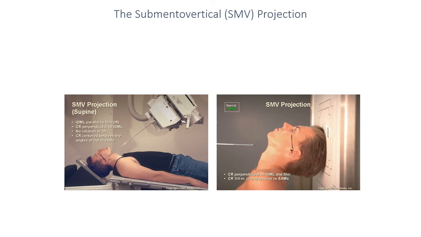You can see on the right hand side a patient who's having an SMV projection in an erect posture, and you can see the extent of hyperextension. Notice how the patient's chair has been moved away from the erect Bucky. The patient on the left hand side of screen is about the only other SMV projection that can be found, but